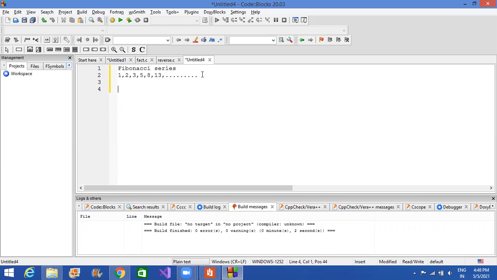So what you will need is two numbers. I will take the previous number initialized with 0, and the next number initialized with 1. f is the variable I'm taking for the Fibonacci series. So f will be previous plus next, so the output will be 1. Now my previous number is 1 and the next number is also 1. So now f is equal to previous plus